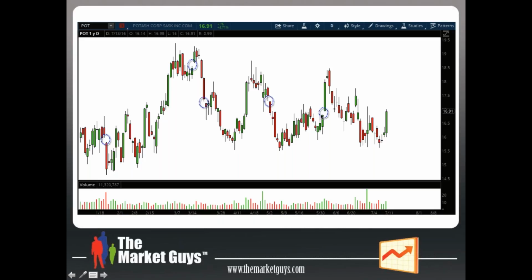I think the gap is going to fill, so I wait for the stock to fill. So here it goes up higher, goes up even higher, starts to fill. On this day, it fills. So I am playing this on the reversal. After the gap fills, I wait for the next bullish sign, whether it be a green candle or, in